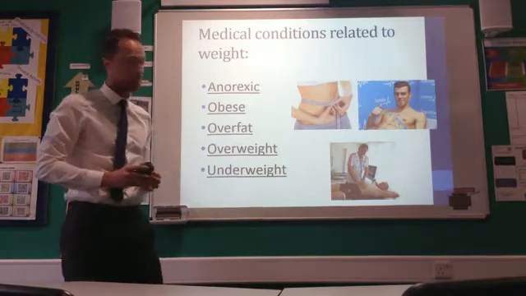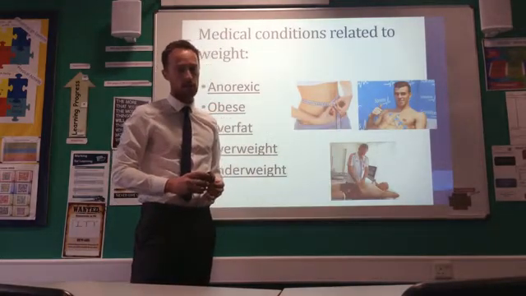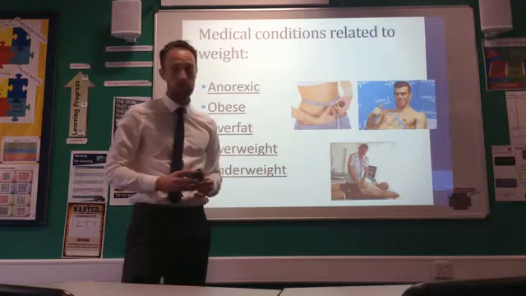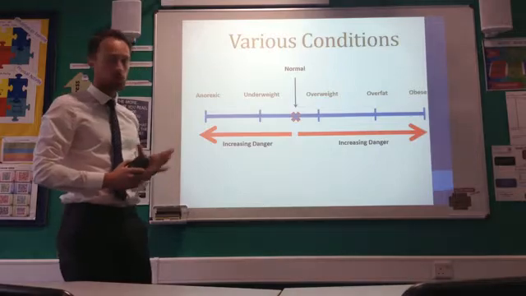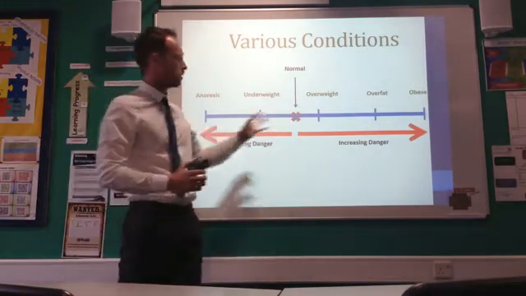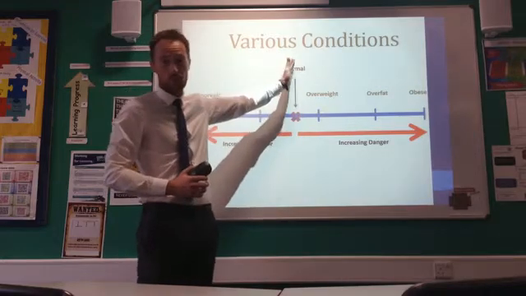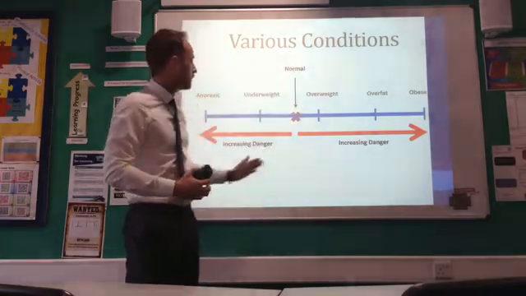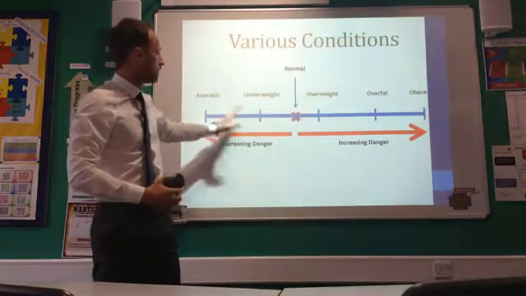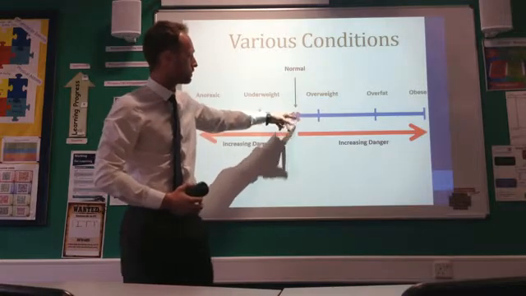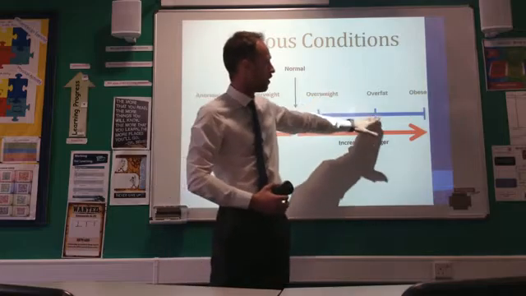And as I said, they are used by doctors, physios at sports teams, and it's important that they're able to do that to paint a picture of a person's current physical health. You can classify these different conditions onto a chart. If you think about the middle of the chart as somebody being of normal weight, of healthy weight, we can then look at where someone who's anorexic would be at this part of the scale. Someone who's underweight is slightly under normal. Someone who's overweight is slightly overweight for a normal person. And we've got overfat and